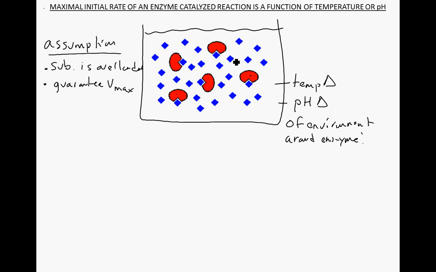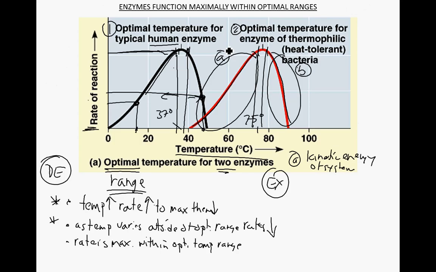And as you increase the temperature, the movement of these enzymes and substrates is going to increase. The kinetic energy increases. These things are moving more quickly, so that increases the likelihood of collisions. So by increasing the kinetic energy of the system, you increase the likelihood of collisions